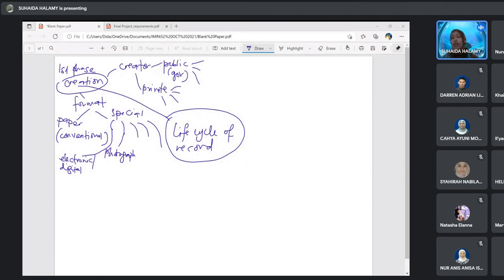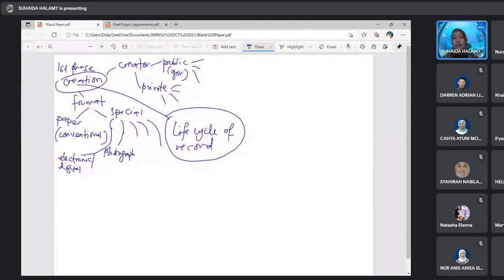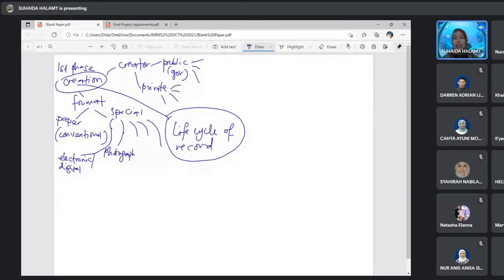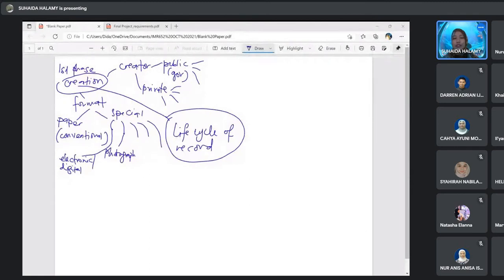Okay, why is it under special format? Because they use a different material. It doesn't use ordinary, conventional paper. It uses glossy paper, a different material. Right, so that's why they categorize it under special format. Okay, and then next one we have, anyone want to guess? Anyone want to try? What else? Special. Video. Miss. Okay, good. So, video. Who answered just now? Me, Miss.